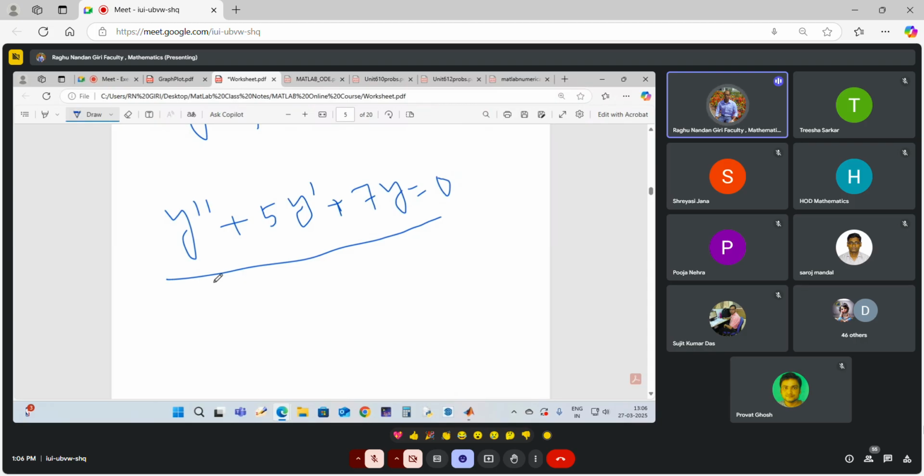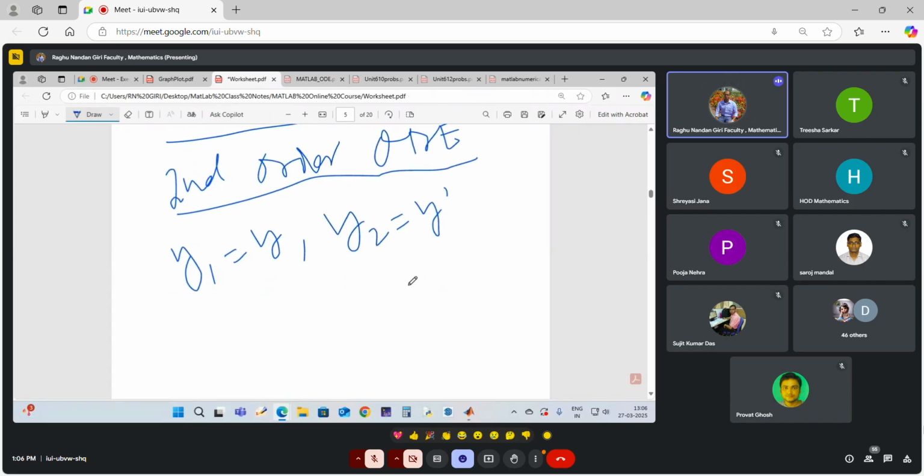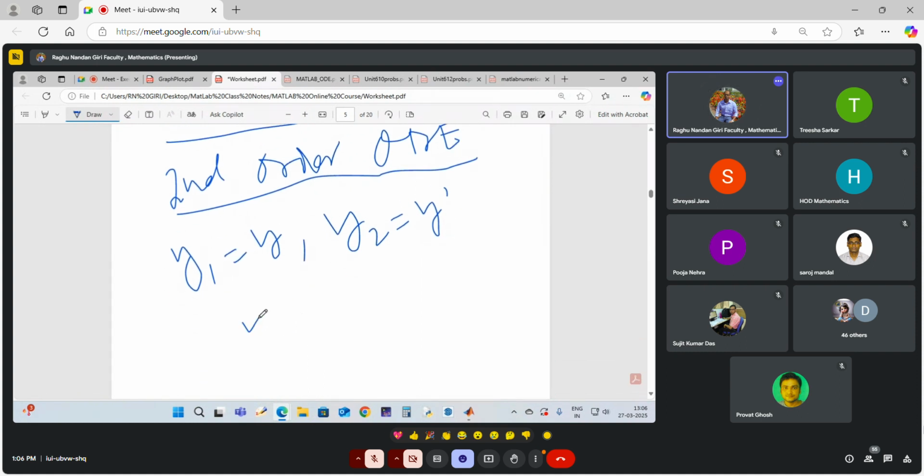Then this is the second order ODE. So this ODE is converted into a simultaneous first order ODE. How? Say I put y1 equal to suppose y and y2 equal to y dash. With this we get that